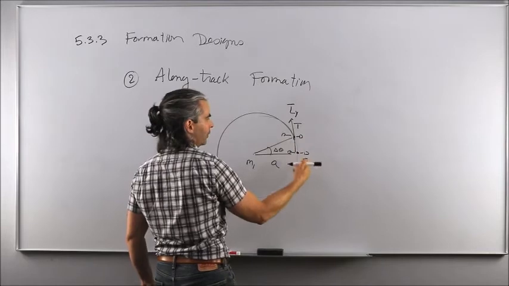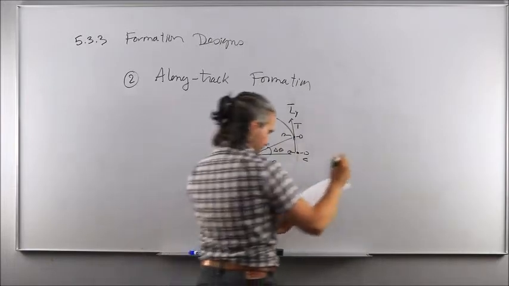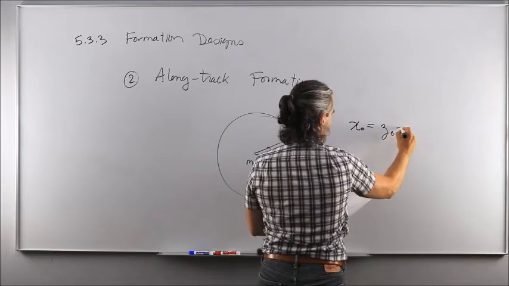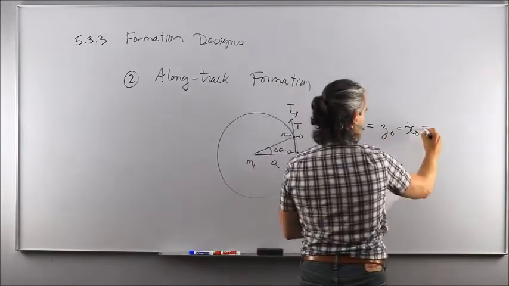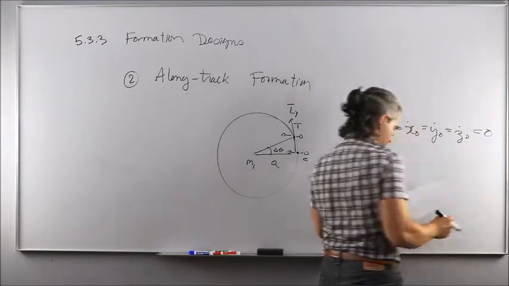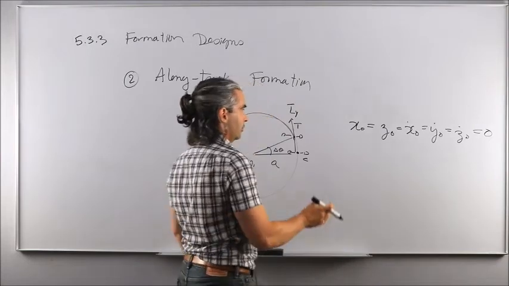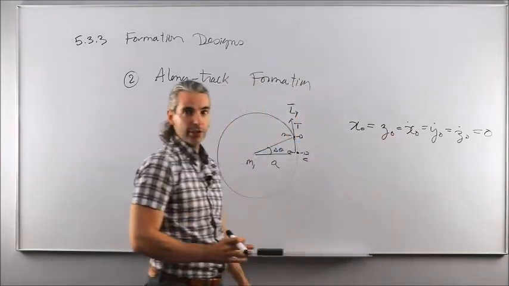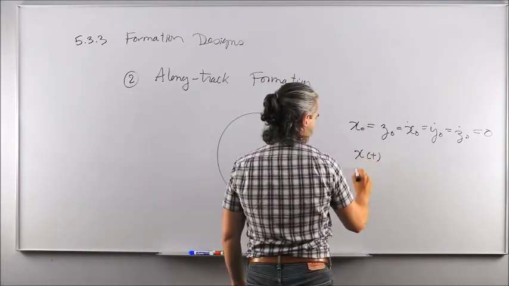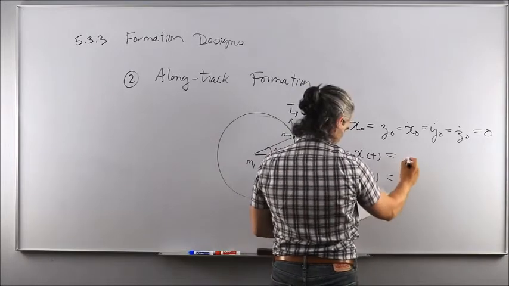Be it positive if you want to place the chaser ahead of the target, or negative if you want the chaser behind the target, such that x naught is going to be equal to z naught equal to x naught dot equal to y naught dot equal to z naught dot, and all of this equal to 0, such that if you plug these 5 initial conditions in the closed form solution, you're going to get the solution for x, y of t, and z of t, something very boring, which is just x is going to be equal to